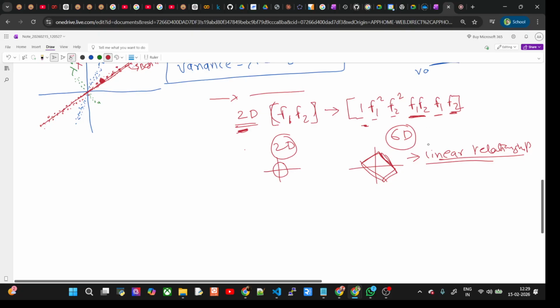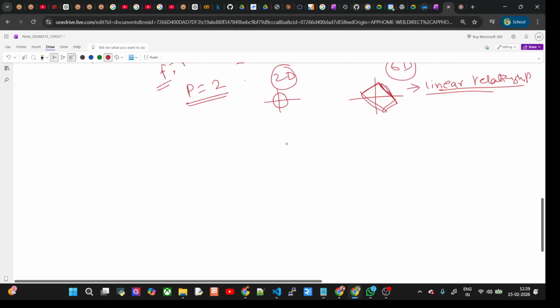But sometimes what happens is that I say I want only the power of 2, like p equal to 2 projection. I'm not going for the cube or f3 or f4 or something. I want only the quadratic relationship. For example, if I want a cubical relationship, which we have also seen yesterday, I will just